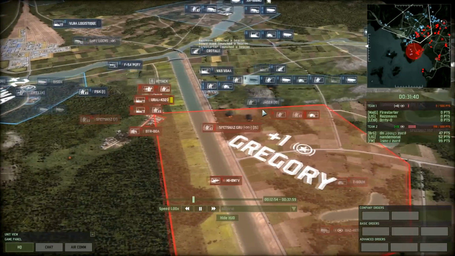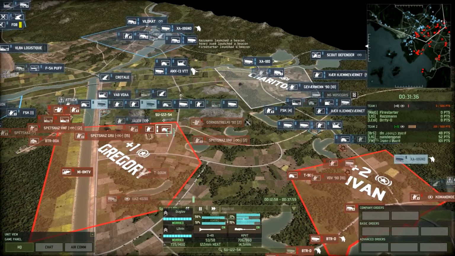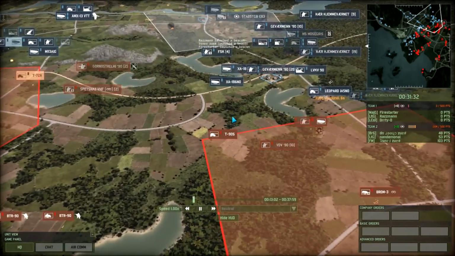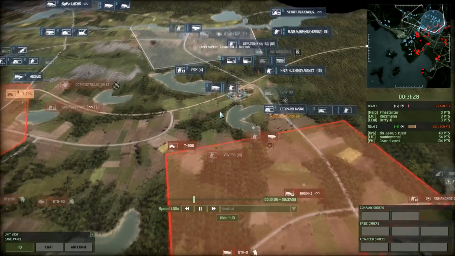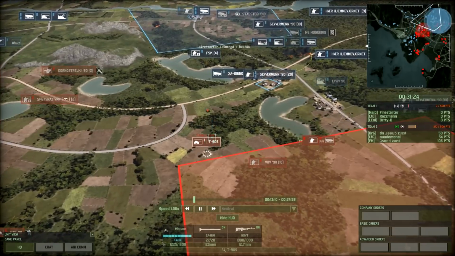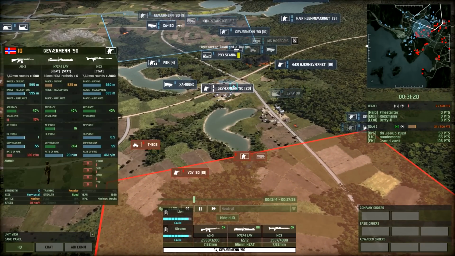Well, that is interesting. If they exploited that, they could be doing a lot of damage if they knew that the enemy does not have any AA. But yeah, how are you gonna know that without flying over your planes and risking to get shot down? T90S moving up in the flank. Government 90 do have...